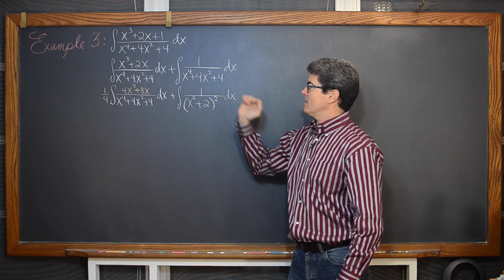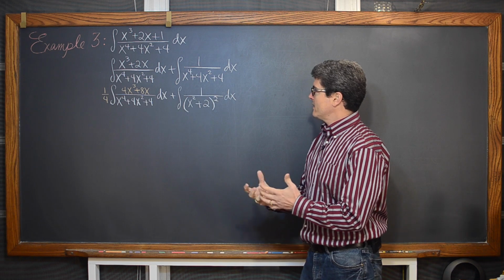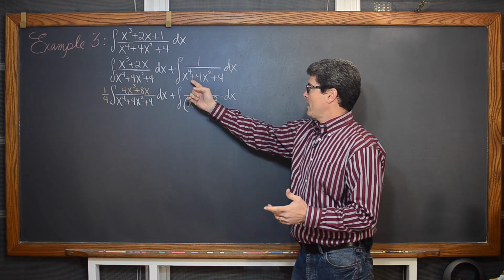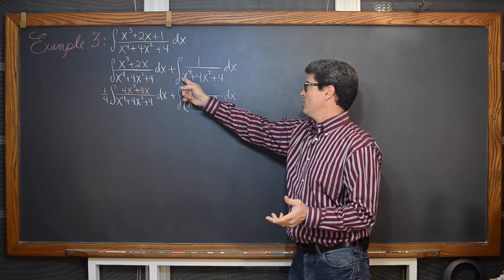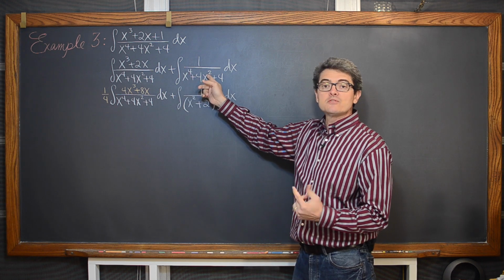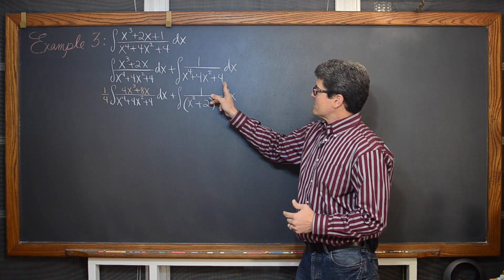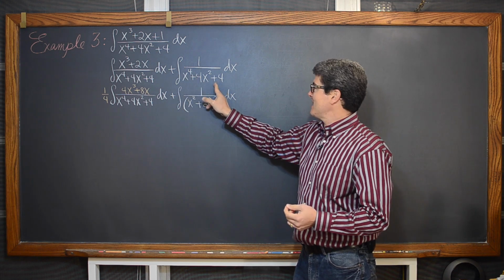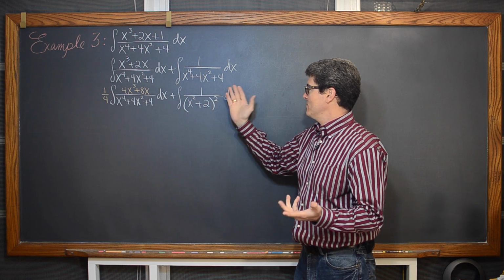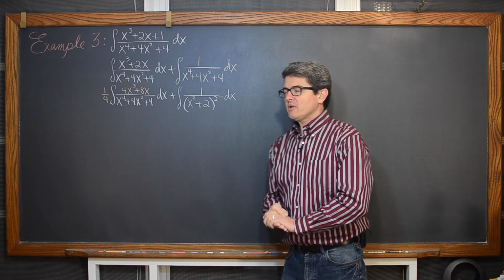Now this ends up being a perfect square trinomial. If you have an exponent of 4, an exponent of 2, and then just a constant, with a leading coefficient of 1, the factors of 4 that add to 4 are of course 2 and 2. So we just end up with x squared plus 2 squared.